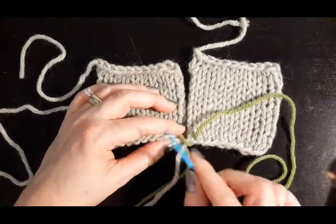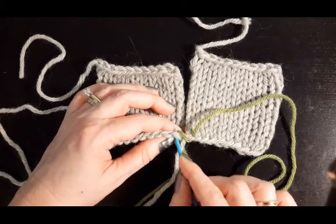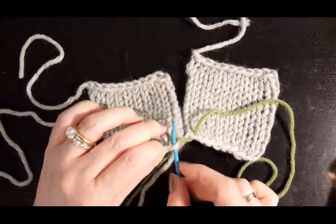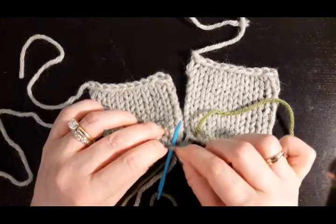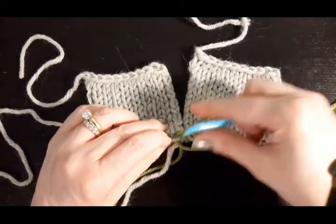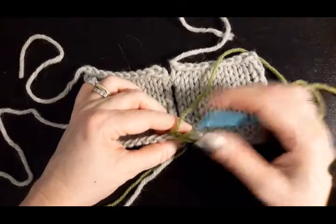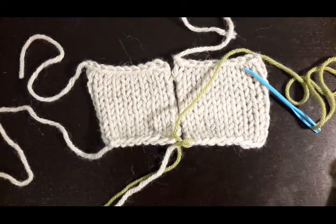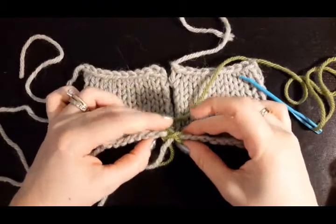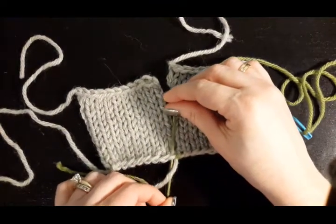And now to complete the figure 8, you go back to this side and you do the exact same move again as you did to start it, from back to front, and I make sure I've got those same two strands. So you want to go in the exact same spot in the exact same way. And you can see that that makes a figure 8 with your seaming thread. Right, like that. And then I will gently snug those up,